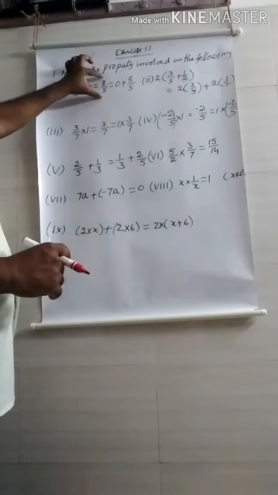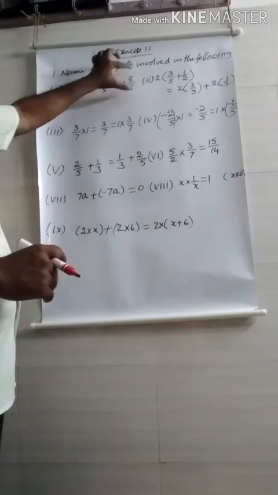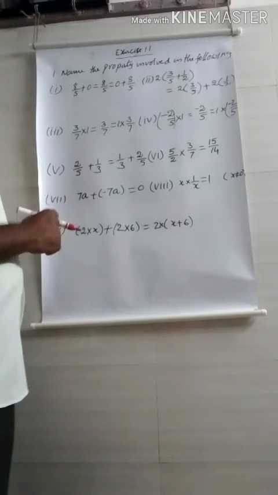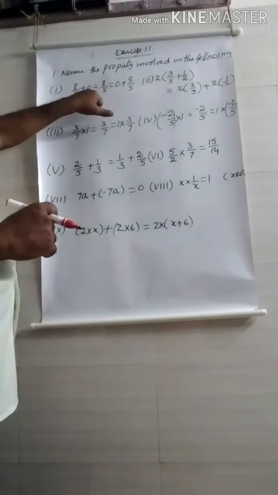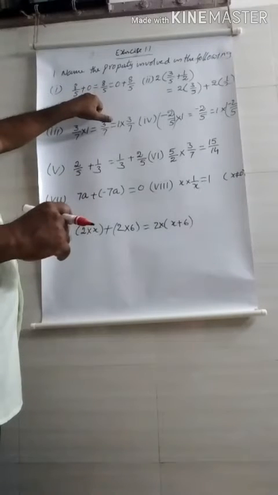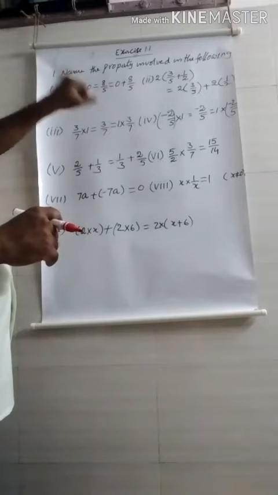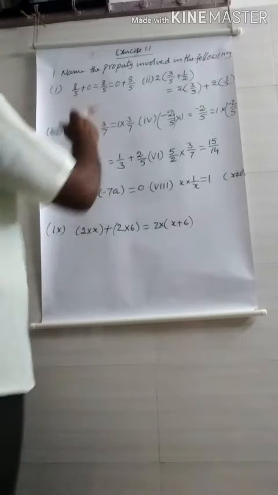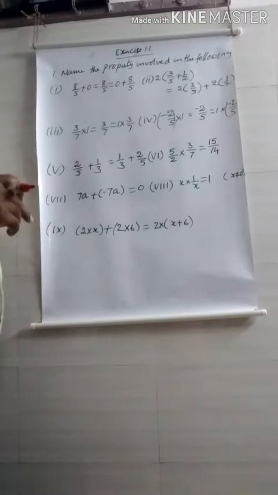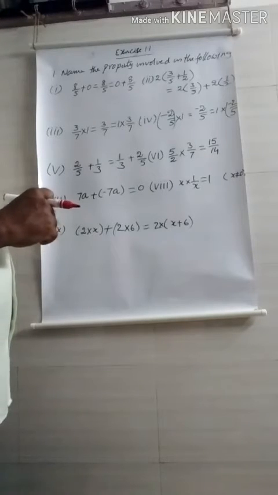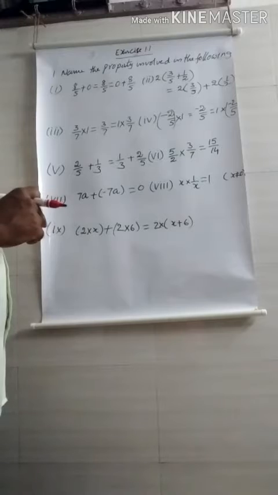8/5 plus 0 is equal to 8/5. That equal to 0 plus 8/5. That means what we can say? If you observe here, there is a 0. 0 is also a rational number. And also there is a symbol plus, so addition. And that 0 is there. That means when you recall which property belongs to like this, that is additive identity.